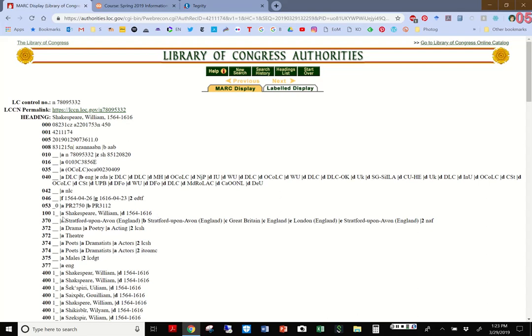Now, the way it's listed here is a subfield A for the person's name, and then a subfield D for dates associated with this person. So this information, trying to highlight it here, is what is shown in the actual heading right here. You want to grab this, do a Control-C, and copy it and paste it, and that will be your actual heading. But let's look at this record a little bit.